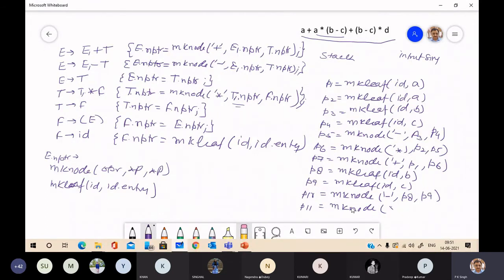D is shifted and reduced to F, so it will use make leaf, ID, and its name is D.